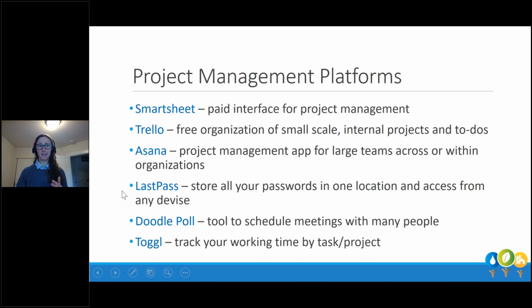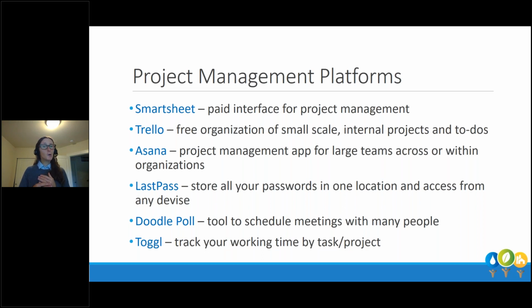There's a whole lot of project management platforms out there, by the way, guys. This is just a handful of some of the top and easy ones and the ones that are frequently used by other districts. Smartsheet, I'm sure a lot of you have seen that. It is a whole world of project management of online what look like Excel spreadsheets. There's a lot of ways you can use it for project management, integration, forms, etc. There's a lot of districts now using that platform, and you can always ask one of them for a tutorial. It is paid. It's not the cheapest thing, but it might be worth it if it works for your office.